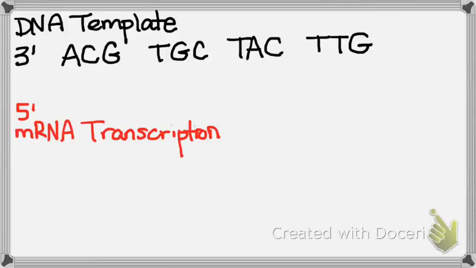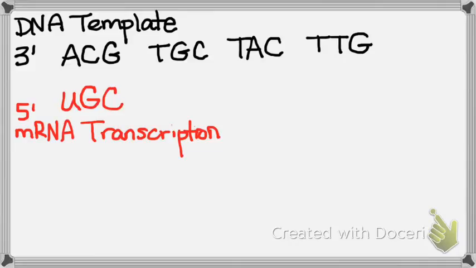Okay, so the next thing that we need to do, you should already have your DNA template strand written out on your paper, like I've shown you here. Okay, so I just did the first 4 codons there. You go underneath there and do your messenger RNA transcription. So I'm going to do the first few for you just to make sure that you're all on the same page. So with an A, you would have paired U, because it's RNA,